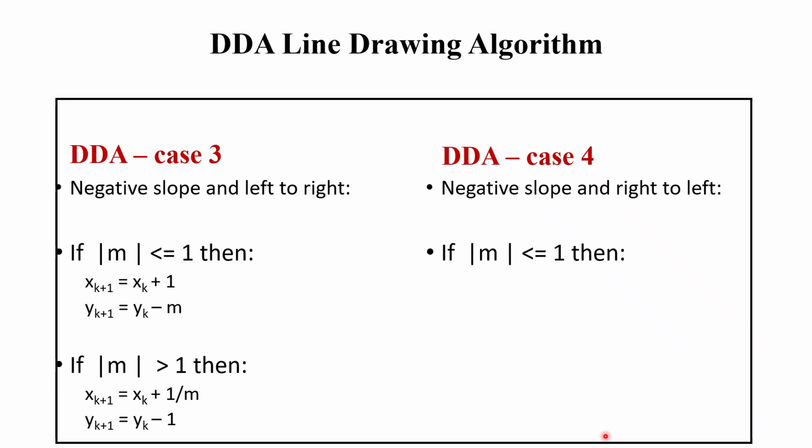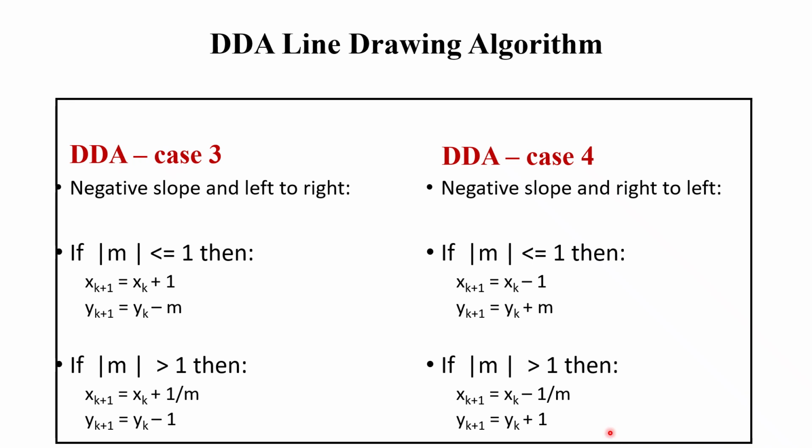If the slope is less than or equal to 1, then always x is decremented by 1 and y is incremented by m. When m is greater than 1, then y is always incremented by 1 and x is decremented by 1 by m. So, with all these 4 cases into consideration, they have framed an algorithm